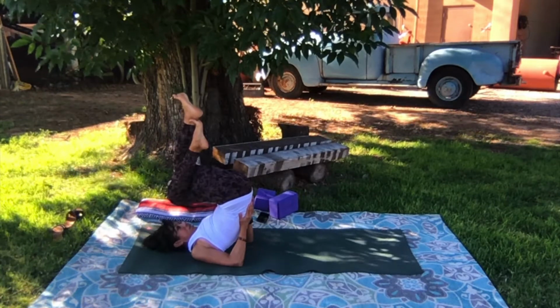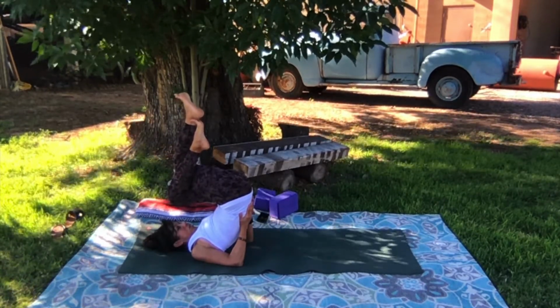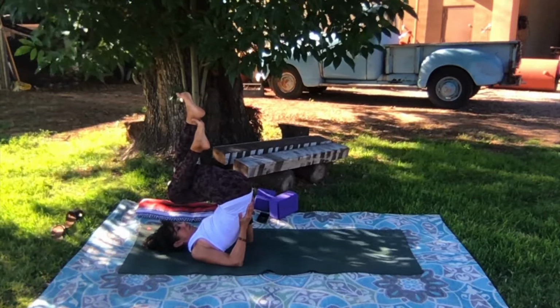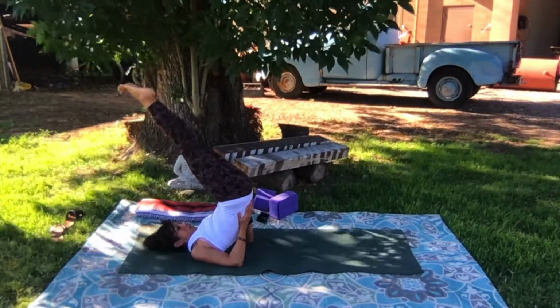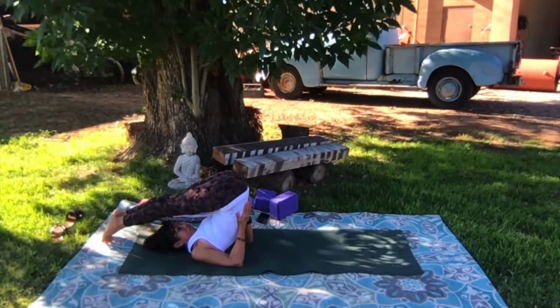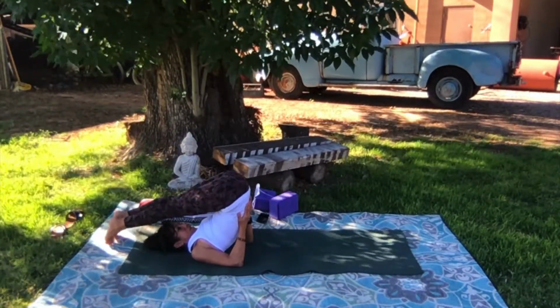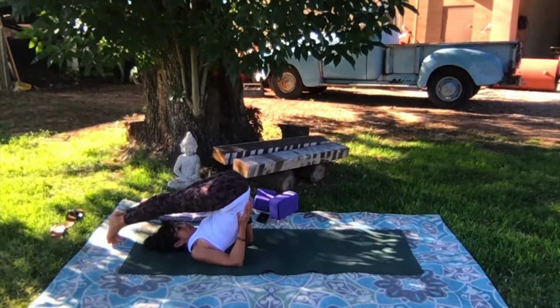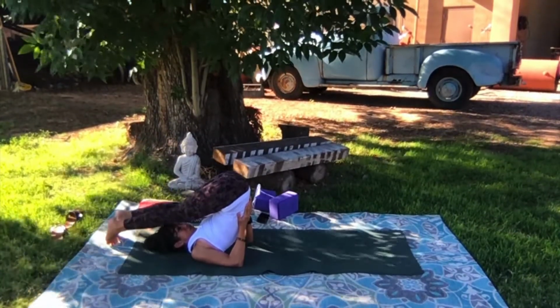And then as you're ready, begin to slowly come back. If you're doing any variation on your legs, just go ahead and go straight up to the sky once again, and then back into plow. So if you're in supported shoulder stand, just stay there for a moment. If you're not in supported shoulder stand, go ahead and go to plow first, and then maybe you want to